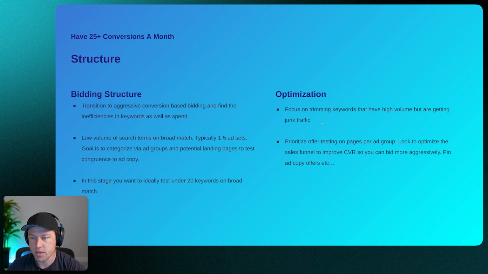Okay, so the optimization, like I was talking about, focus on trimming keywords that have high volume but are getting junk traffic. So we're looking at things like overall conversion rates, placement, seeing if, for example, you have one term that is bringing in a lot of junk search terms. So if I'm typing in something, I don't know, like doctor is the broad match term, and I get a lot of terms that are like competitor, or things that are not really related to a doctor that you're trying to push, then I would look at that and say, okay, do we have enough volume, meaning that we're looking at that term having around 100 clicks and it's still getting that bad traffic